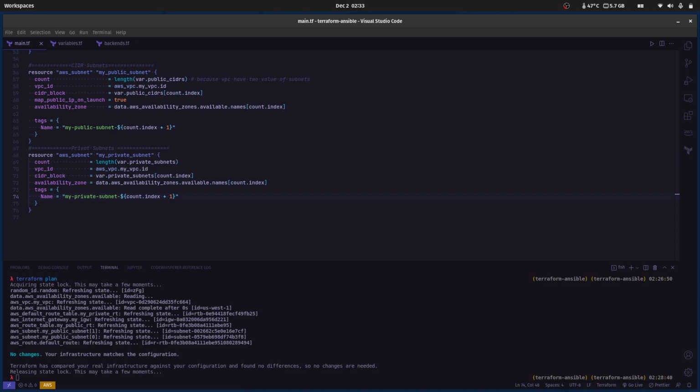All right, how'd you do? So as you can see here, I have created another subnet block, and this one is a private subnet. Now we've got the same count here, only this time we are referencing the private CIDRs instead of the public. So we head back over to our variables.tf. As you can see, I've created a new